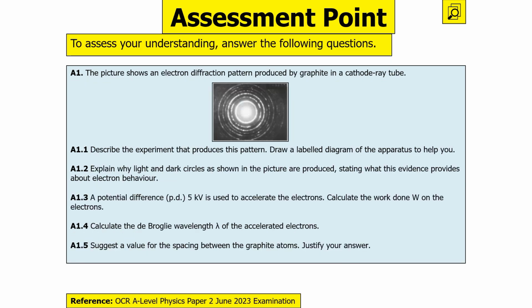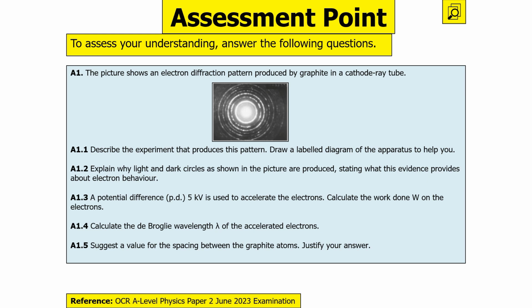The next question says, the picture shows an electron diffraction pattern produced by graphite in a cathode ray tube. Describe the experiment that produces this pattern. Draw a labeled diagram of the apparatus to help you. Explain why the light and dark circles as shown in the picture are produced, stating what this evidence provides about